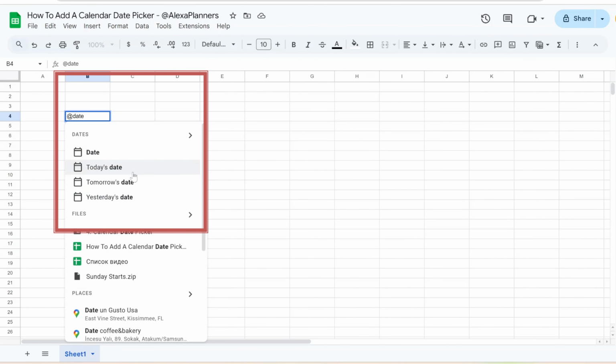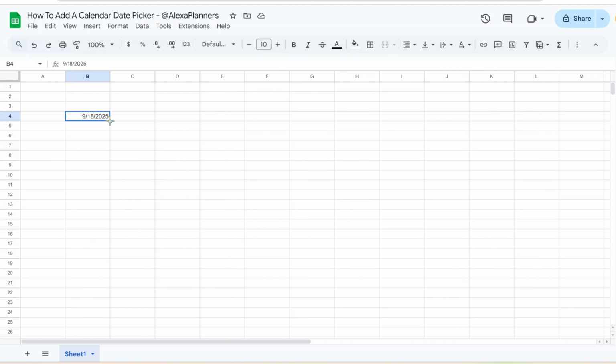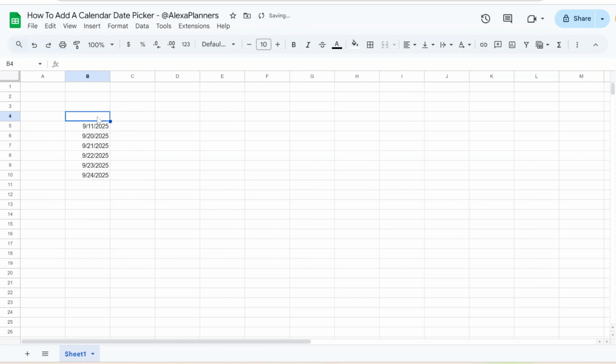Another way, type a date and pick from the list. The calendar will appear too. You can also autofill it down. But there's a catch. If you delete the date, you can't pick it again. That's why I don't use this